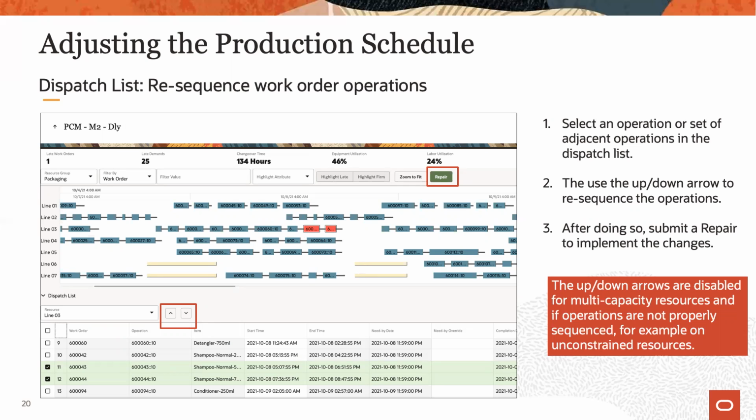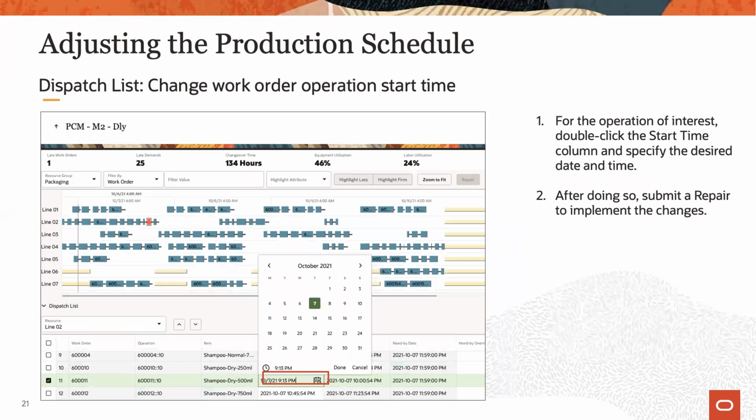Important to note also is that the up and down arrow is disabled for multi-capacity resources and possibly for unconstrained resources. Another schedule change that can be performed in the dispatch list is to edit the start time of a work order operation. This can also be solved via repair.